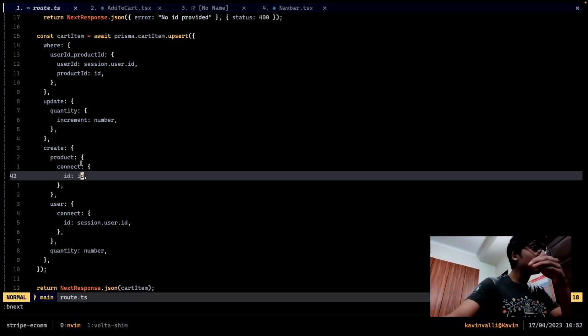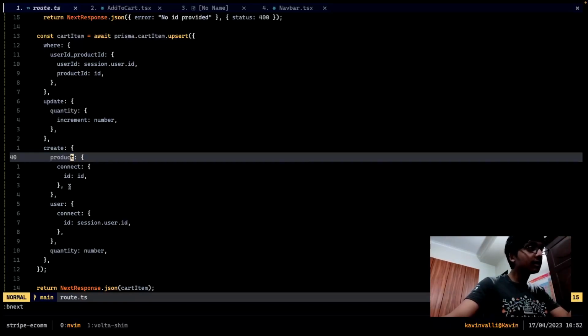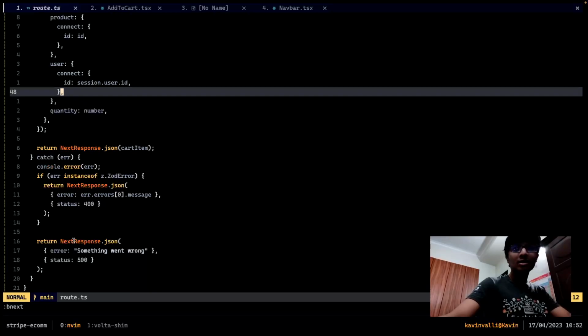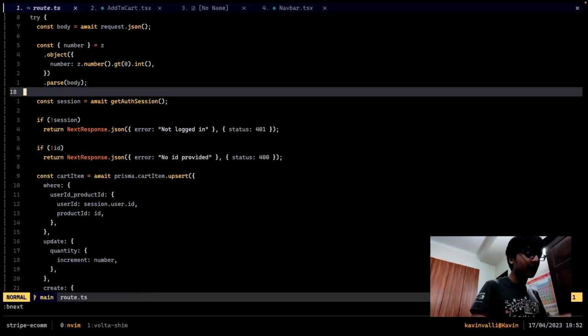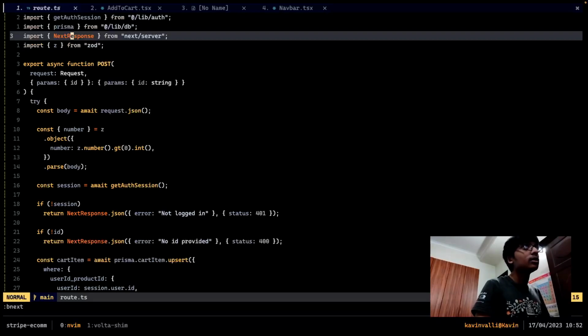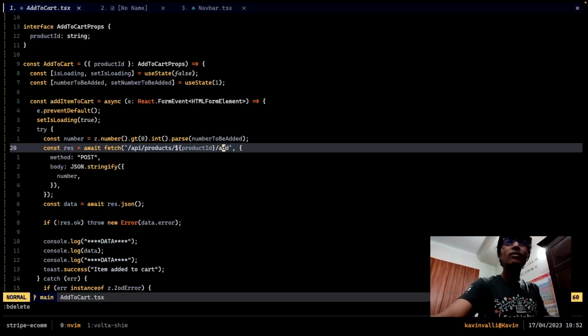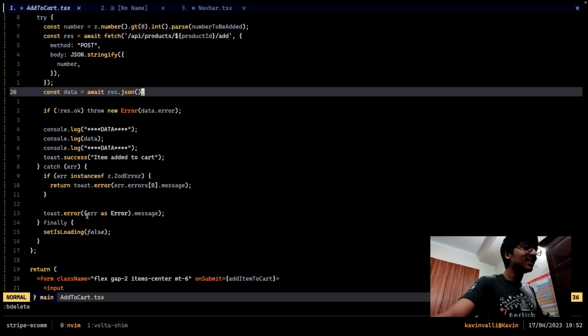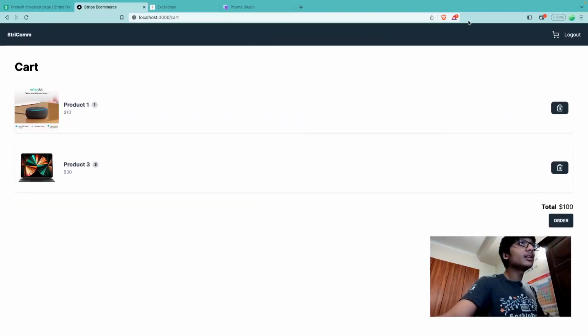We create a new cart item with the product connected using the Prisma query, and the user connected, and the quantity as passed. Basic Prisma stuff over here. And this is the new route handler provided by Next.js 13.2, or 13.3, I think 13.2. Or 13.1, I'm not sure. Anyways, so we're adding that item to the cart, and if we look at this cart page now,